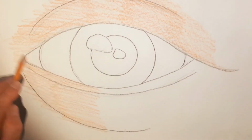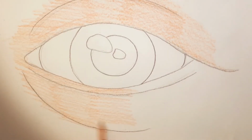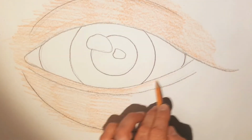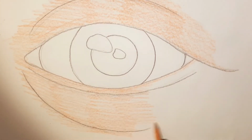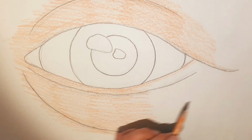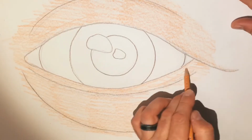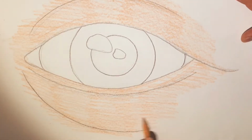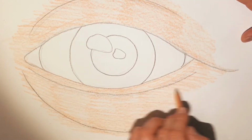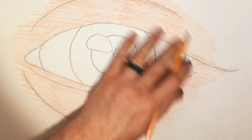And you might do a better job of coloring than I am. Really try to get this nice and filled in. But for the sake of the length of the video, I'm just going to go a little bit quicker. Okay, well, there we go. So we got our skin tone in. Now,